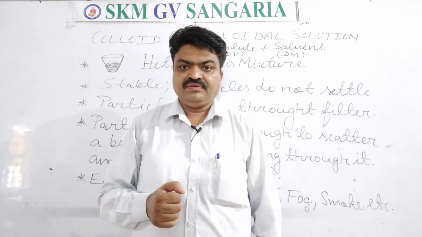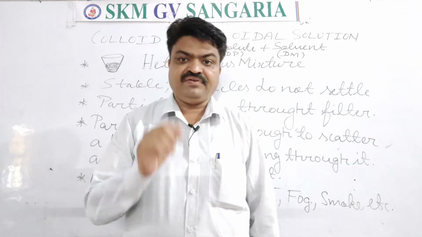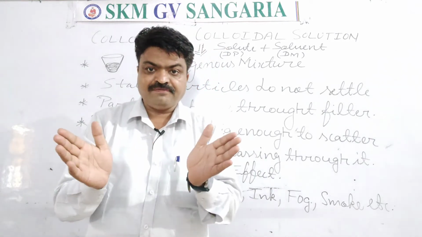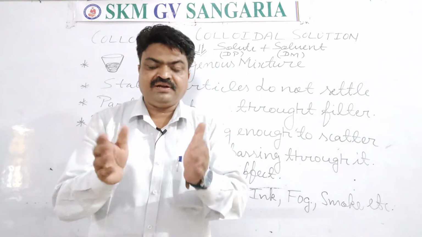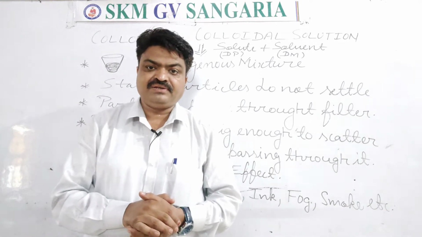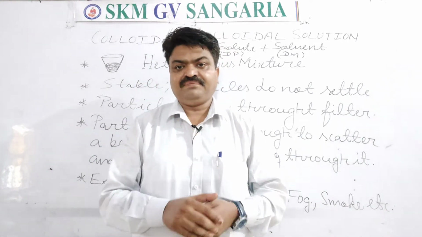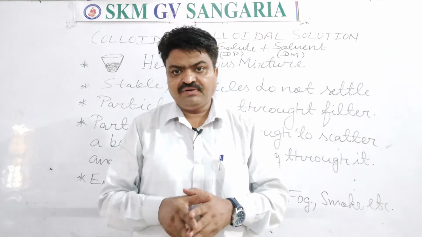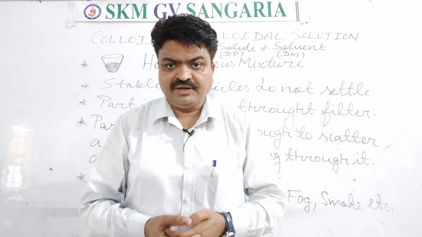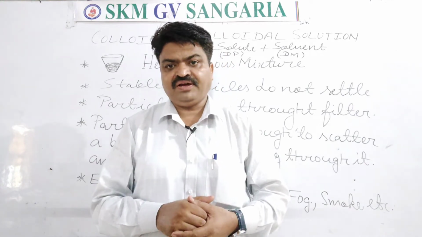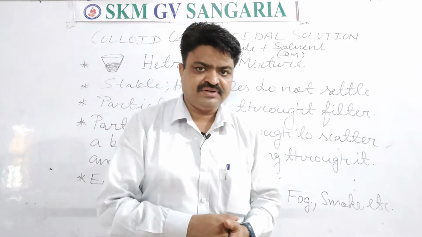When a beam of light is passed through them, that light is scattered by them, and that scattering of light by the particles is known as the Tyndall effect, because this effect was discovered by